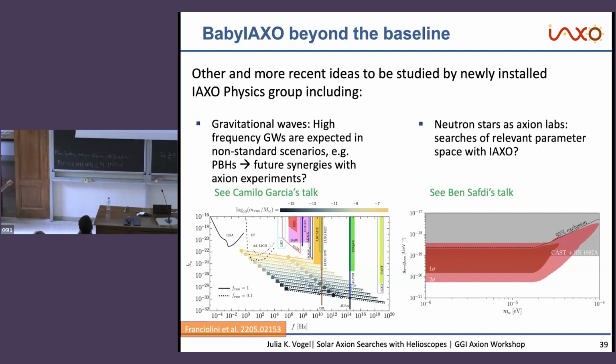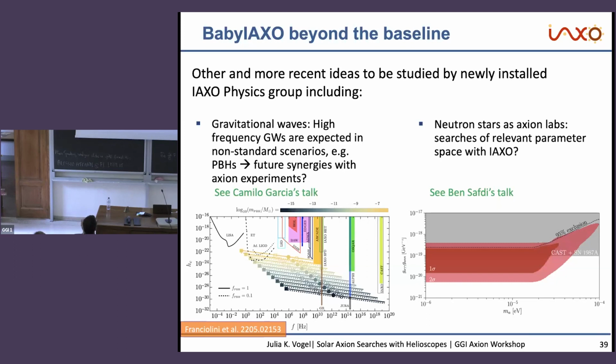Let me just point out, this would be IAXO as a helioscope in sensitivity. Here, this range is if we use the helioscope capability. But the very low limits are in an extremely optimized setting where we can do single photon detection. Another interesting feature could be using neutron stars, as Ben showed us the other day. In this case, IAXO should have sensitivity if we assume roughly the 10 to the -9 level for the axion neutron coupling.